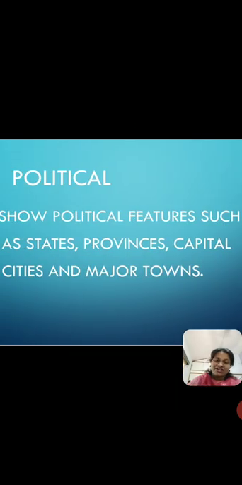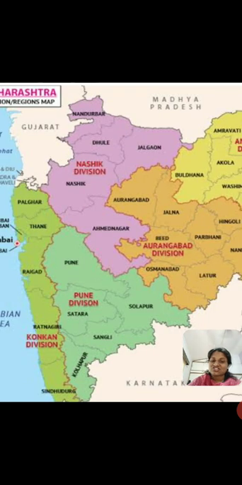Now what are we looking at? We're looking at political maps, and political maps show us features such as capital cities. It shows us the districts, like this map which is there on screen is showing us the districts of Maharashtra. So it can show you states, it can show you the boundaries of the states, it can show you the boundaries of the districts of the place that you're looking at. So these are political maps. All right, so please write down what are political maps and what do they show. All right, so if somebody asks you, you should be able to answer. Don't get that question wrong.